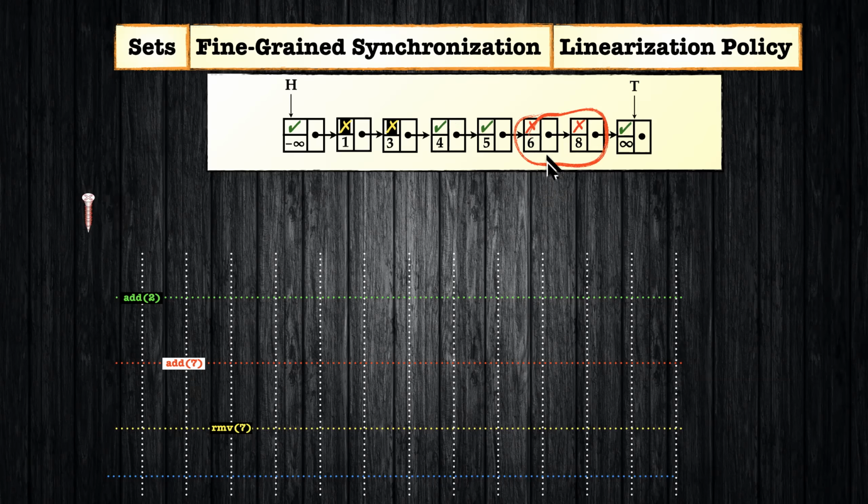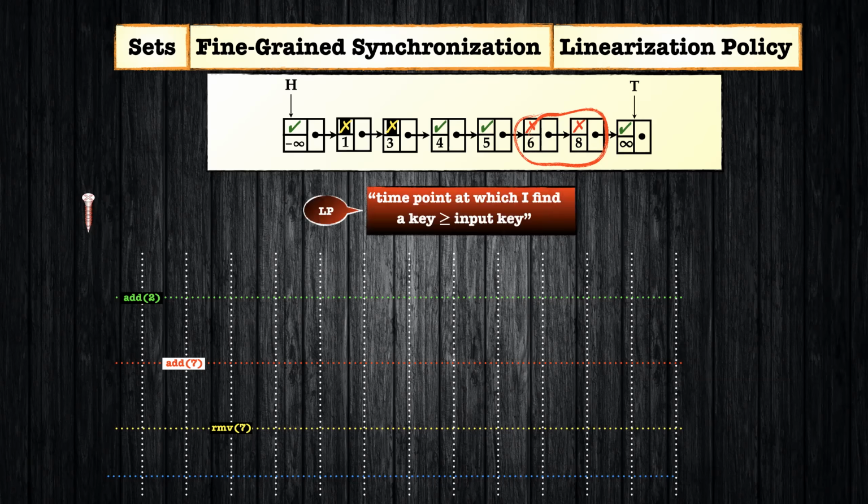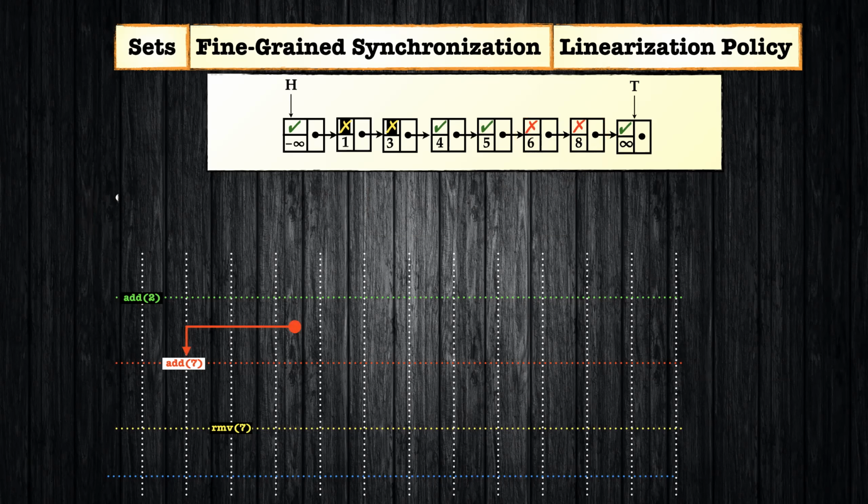And it knows it will eventually do that because, on the one hand, it has all the information it needs. It has found the first key which is not smaller than its key, and nobody will interfere here. So already here it can tell the other threads, fine, I have found my linearization point, and this is the point of time I declare that my operation took effect, although in reality it has not, because it will insert the cell later. Okay, so now